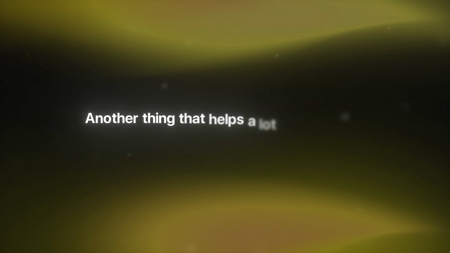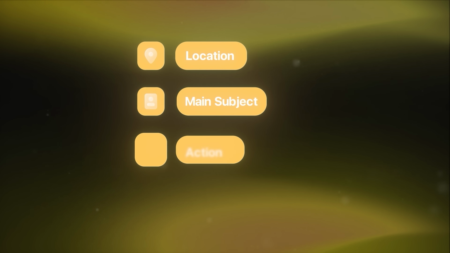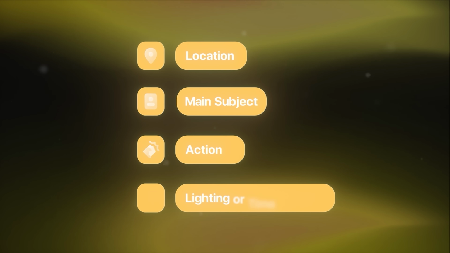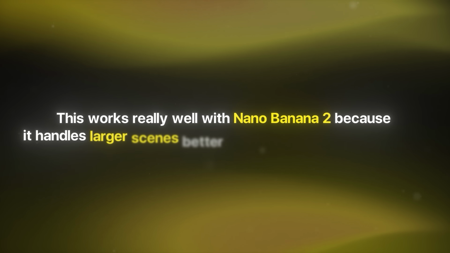Another thing that helps a lot here is using reference-based thinking when you write prompts. Instead of describing everything in a random way, think of it like you're explaining a real scene step by step. Start with the location, then the main subject, then the action, and then finally the lighting or time of day. This structure makes it easier for both Nano Banana Pro and Nano Banana 2 to understand what matters most in the scene. It also reduces mistakes because the AI is not trying to guess what you meant from a long or confusing prompt. This works really well with Nano Banana 2 because it handles larger scenes better when the base